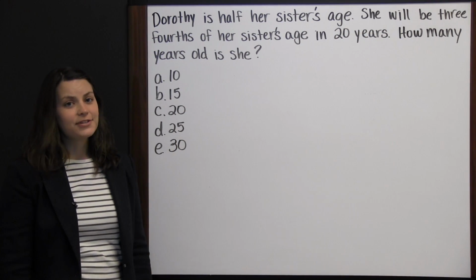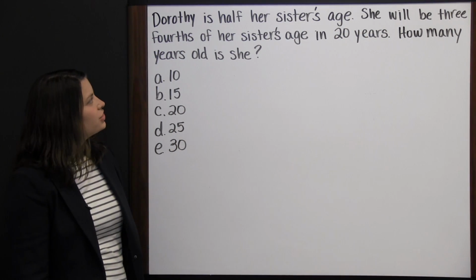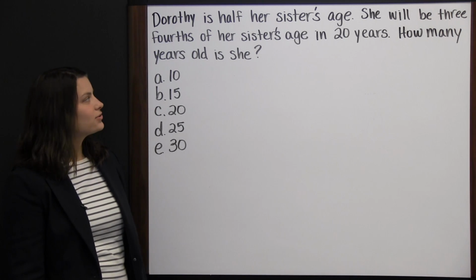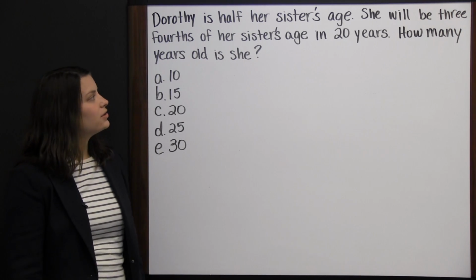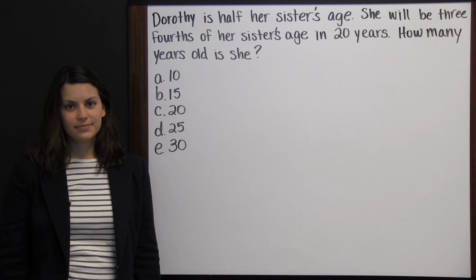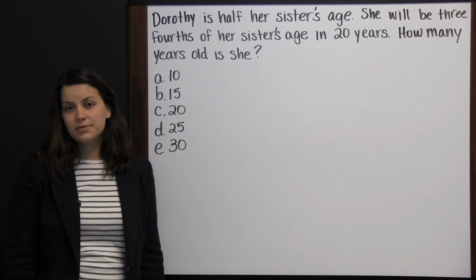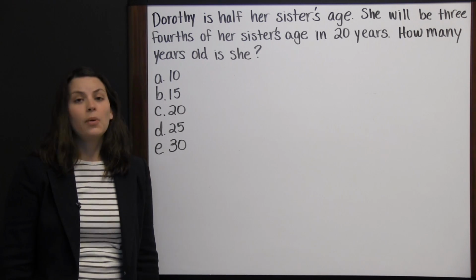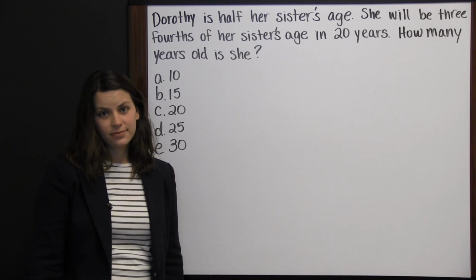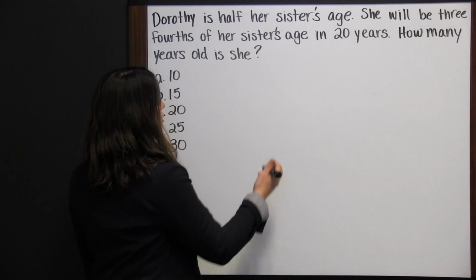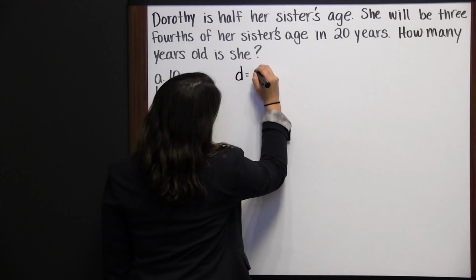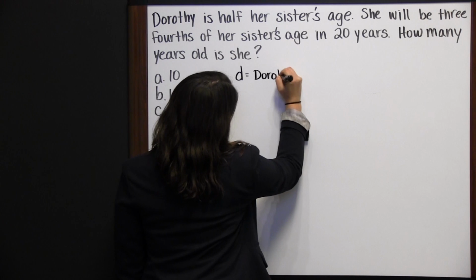Dorothy is half her sister's age. She will be 3/4 of her sister's age in 20 years. How many years old is she? We have 2 unknowns here. We don't know Dorothy's age, and we don't know her sister's age. So I'm going to make up 2 variables for those. I'm going to use D for Dorothy's